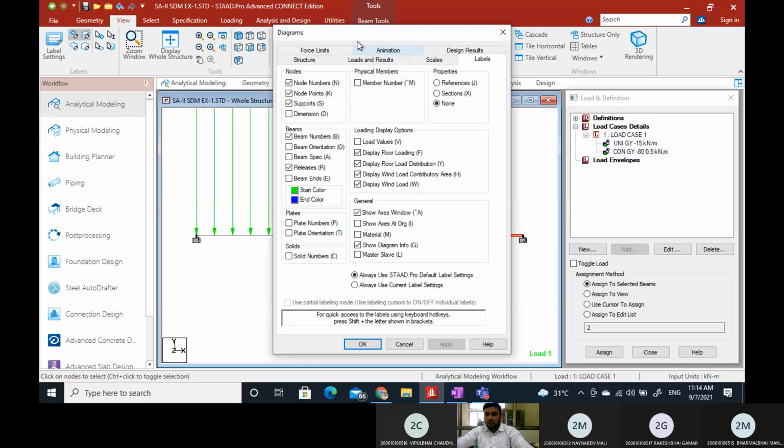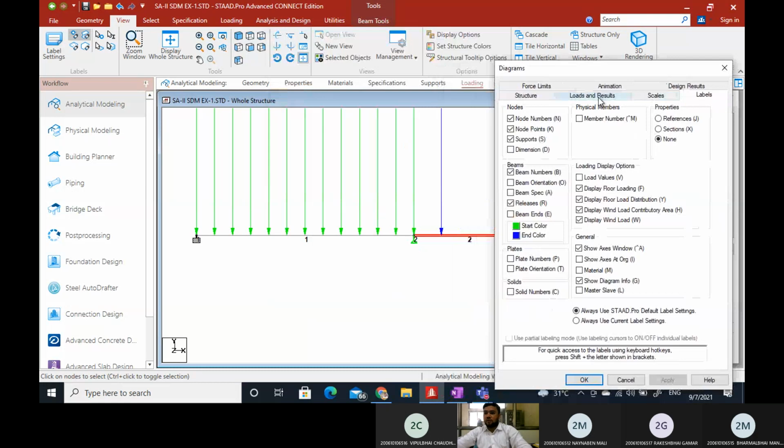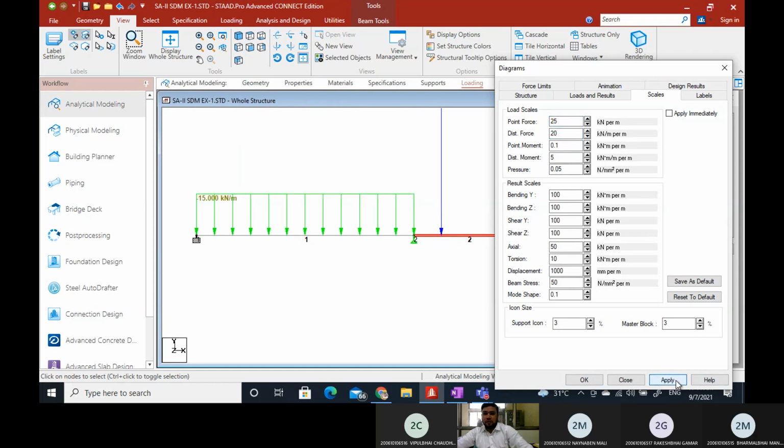So in this diagram, you specify the load value. You go to scales, and here we have applied a UDL intensity. You can specify this as 20, this as 25, and click apply.